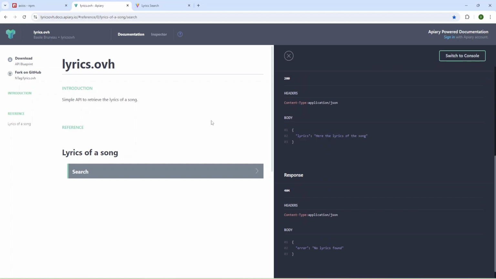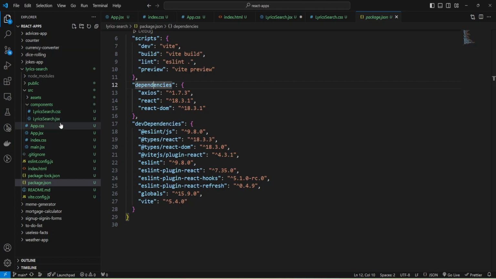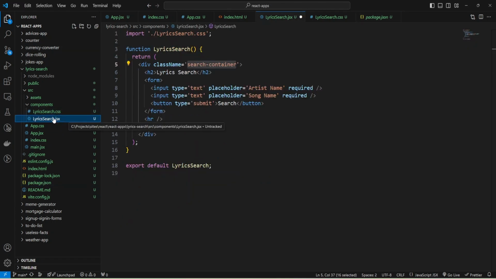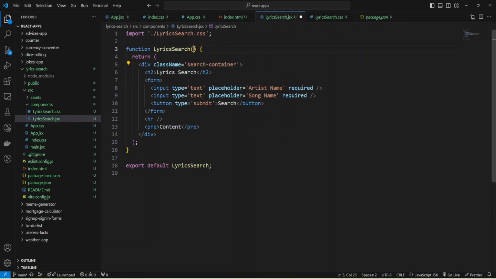And okay, I'm going to just copy paste this URL and provide it as prop to my component. And I'm going to use URL prop and provide my API, and inside my component I'm going to use object destructuring and use my URL.